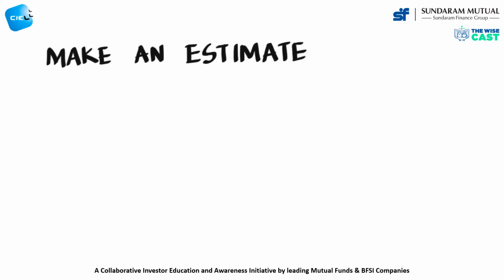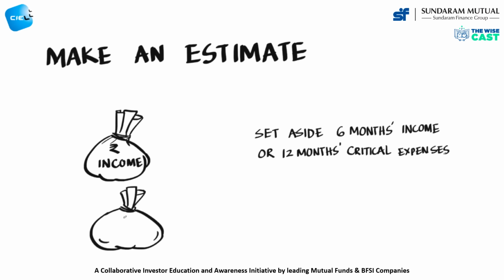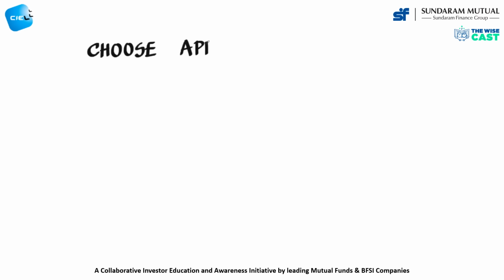It is easy to estimate the amount to be kept aside. One method is to simply provide for 6 months of income. Another method is to analyze the expenses of the household to identify critical expenses needed to run the household: rent, food, fees and utility bills, EMIs, insurance premiums, and such mandatory expenses should be added up, providing for at least 12 months of such expenses towards the contingency fund.